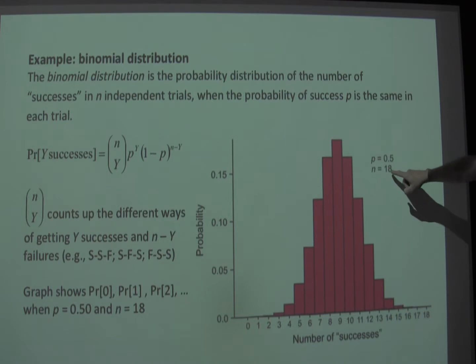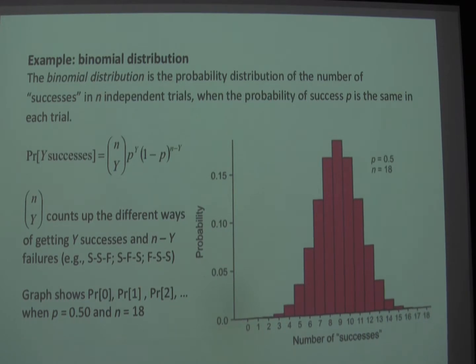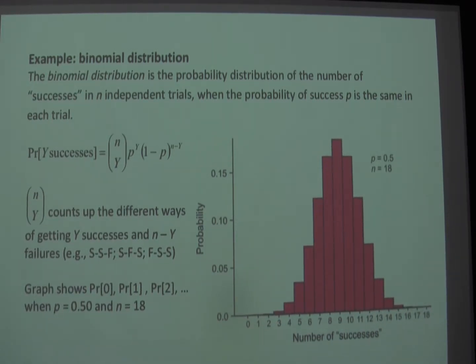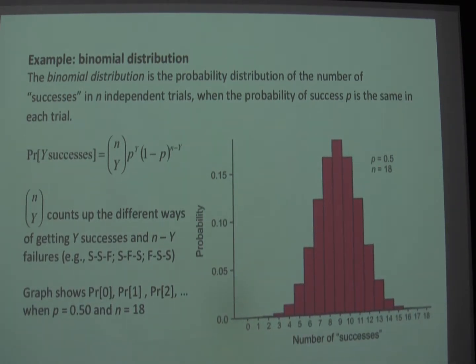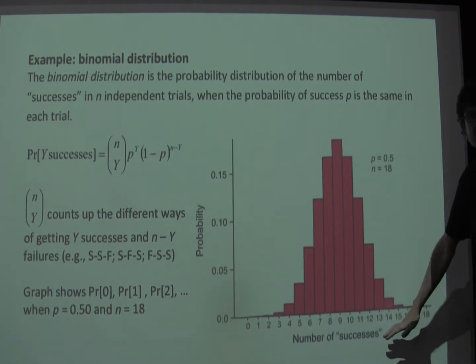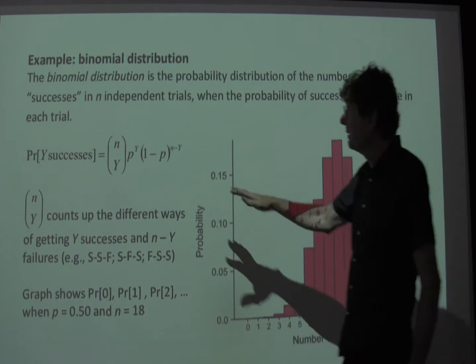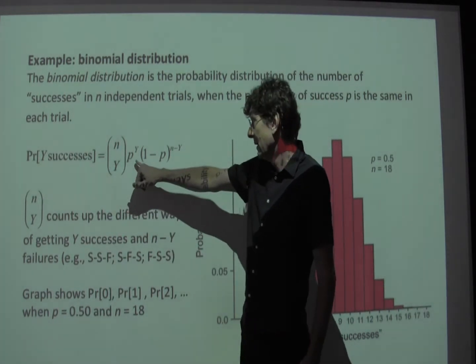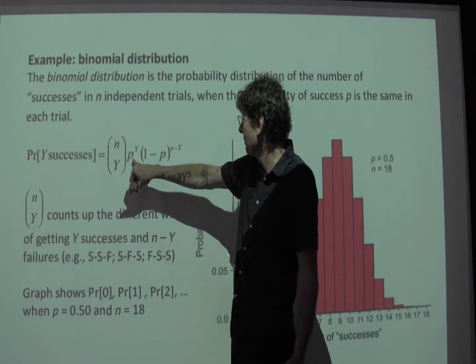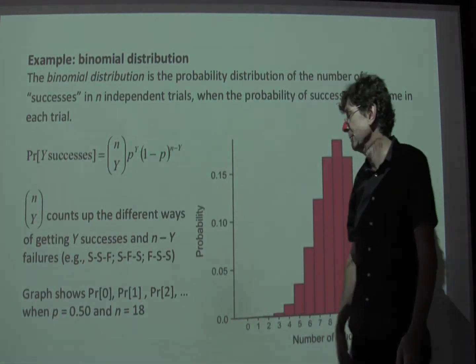So here's an example for 18 trials with a probability of success in any one trial of 0.5. That's what the binomial distribution would look like. Success and failure, a lot of math was developed for games of chance, particularly when money was involved. And so they have sort of a charming jargon all their own, but don't take it personally. So the formula for the binomial distribution looks like this. What's the probability of, say, 5 successes in n trials? It's p, 0.5 raised to the 5th power, times 1 minus p raised to the n minus 5th power.